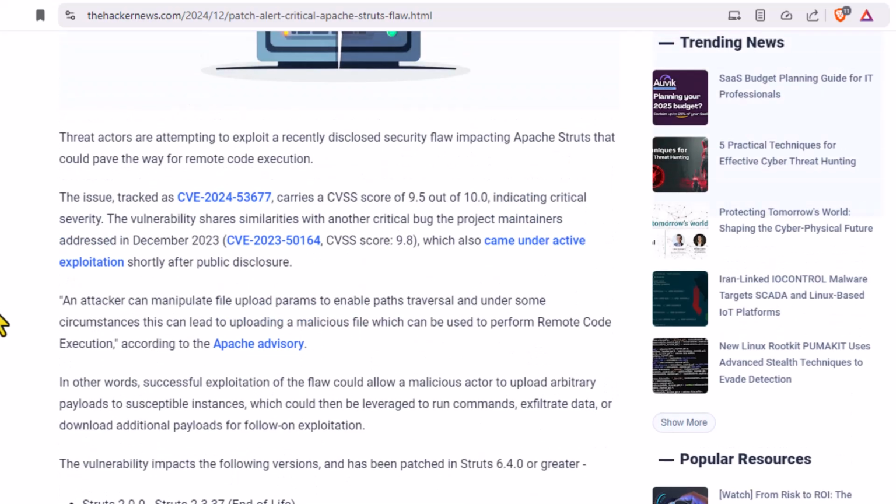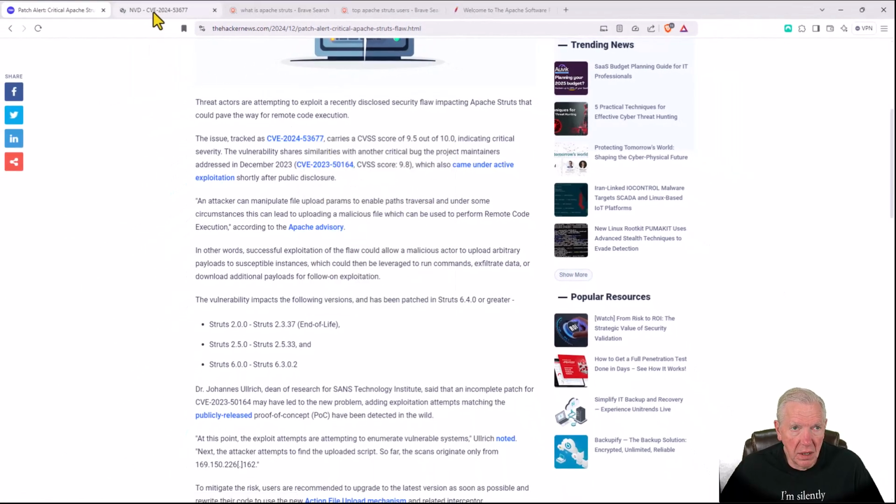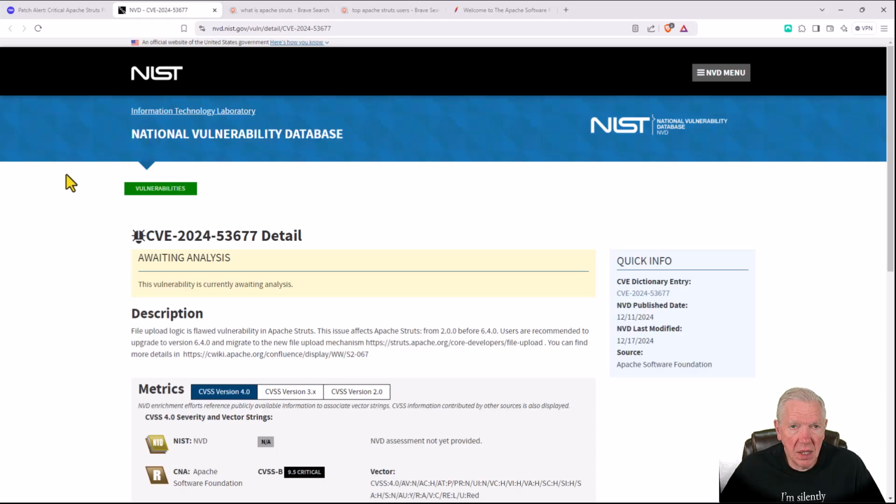So now, what happens here if I click this link? I'm just going to right-click and look at it in a new tab. And so this is going to bring up the National Vulnerability Database. Now, I want you to notice a couple of things here. First of all, there's an organization called NIST, the National Institute of Standards. And they are the ones that are making decisions about a lot of different standards. For example, they have a standard for the size of a standardized wine glass. I mean, that's how serious they get about this.